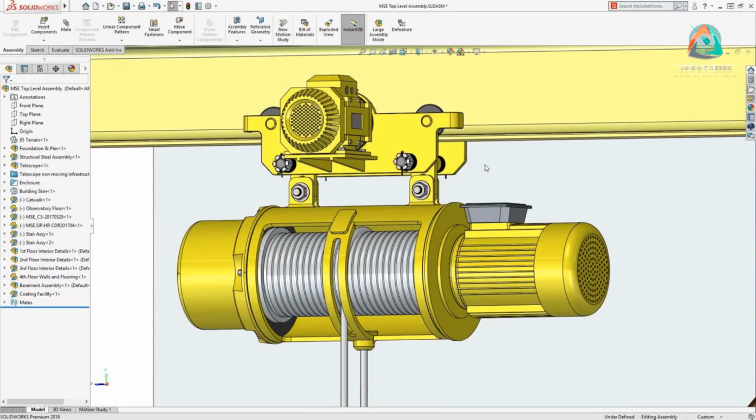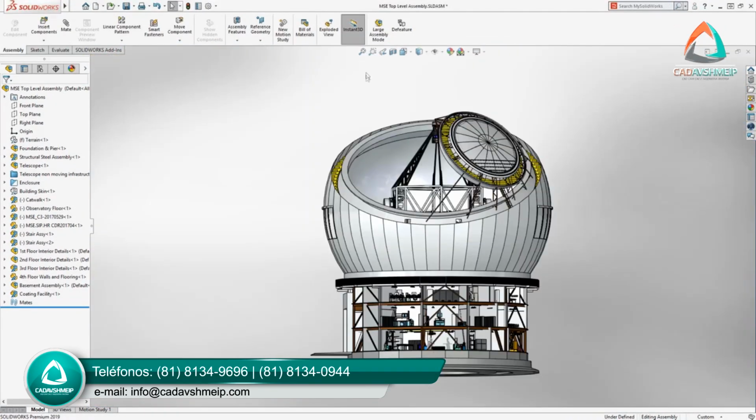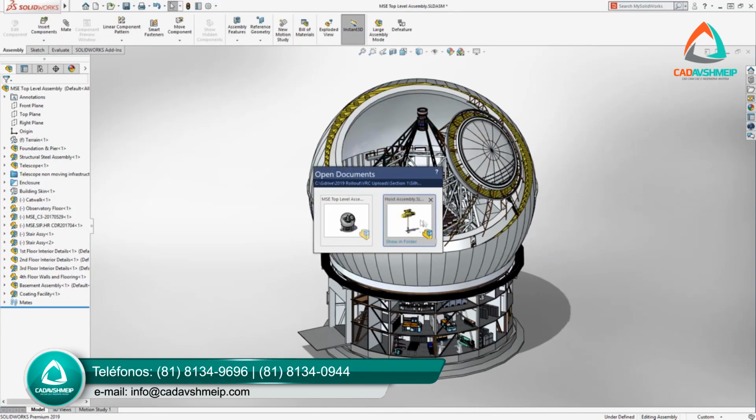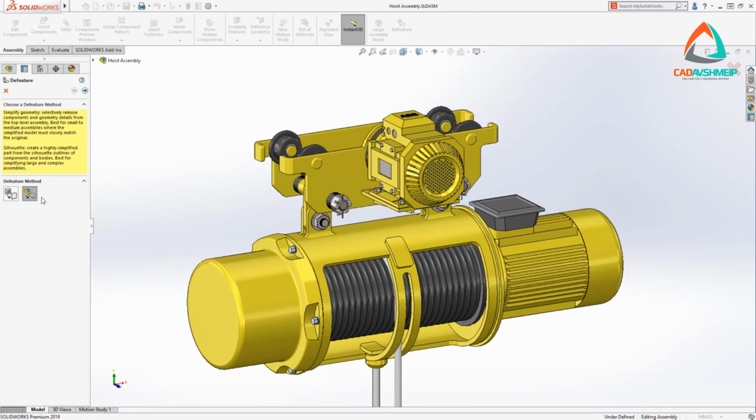Creating highly detailed production-ready components is something SolidWorks excels at, but not all of this detail is required in higher-level assemblies. The Defeature tool provides the capability to massively remove unnecessary detail, to improve large assembly performance, or to protect intellectual property. SolidWorks 2019 introduces a new silhouette option to help simplify an assembly based on the outlines of components